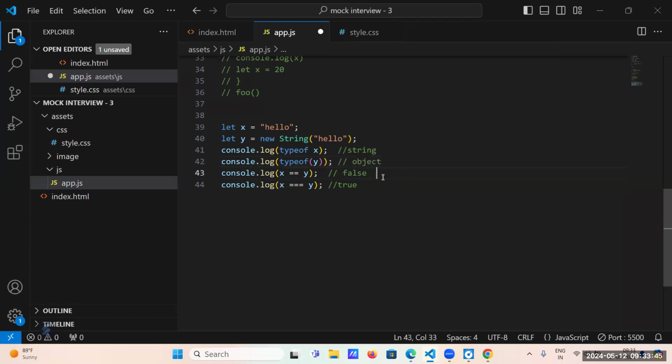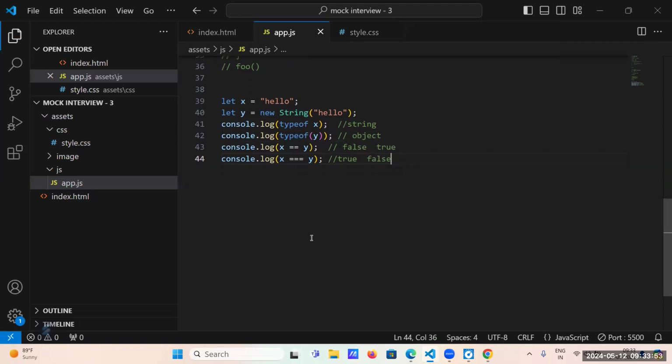Okay. So we have some event propagation. Do you know what is event bubbling and event capturing? Event bubbling is targeted to its parent, and event capturing is targeted to its child.